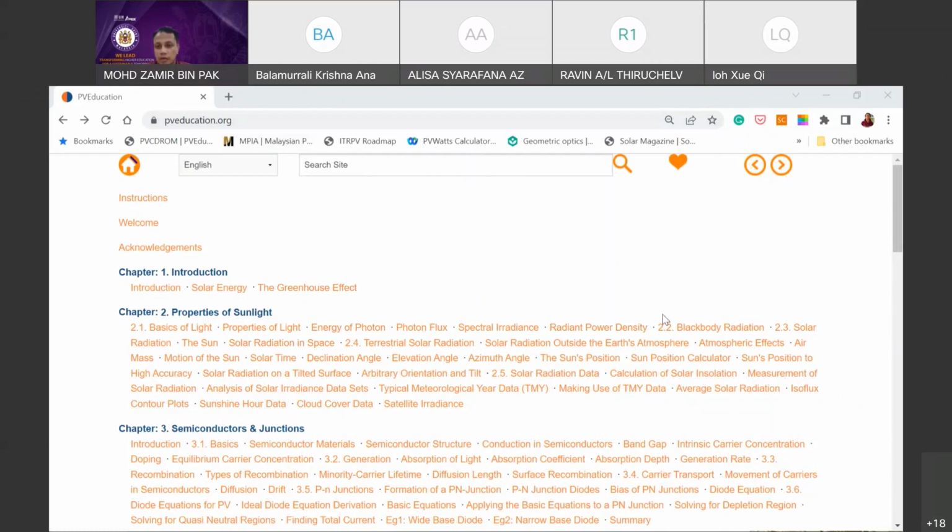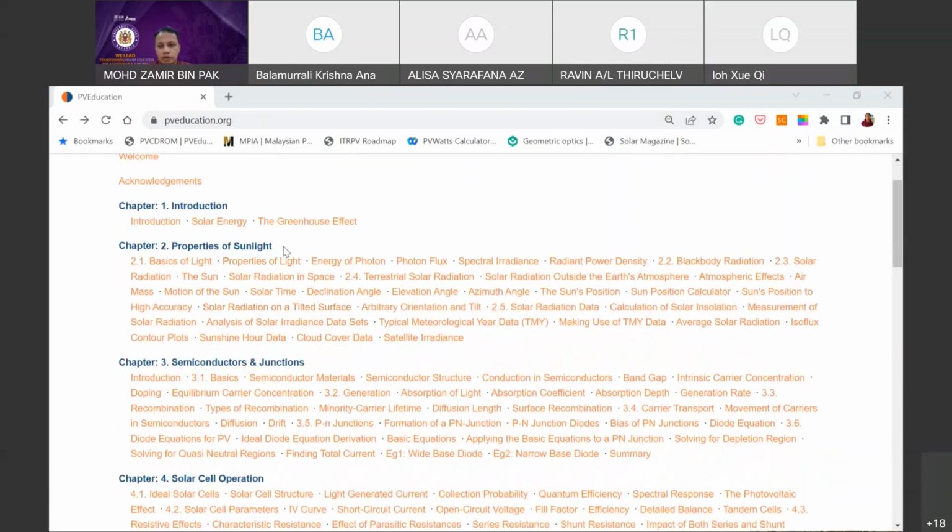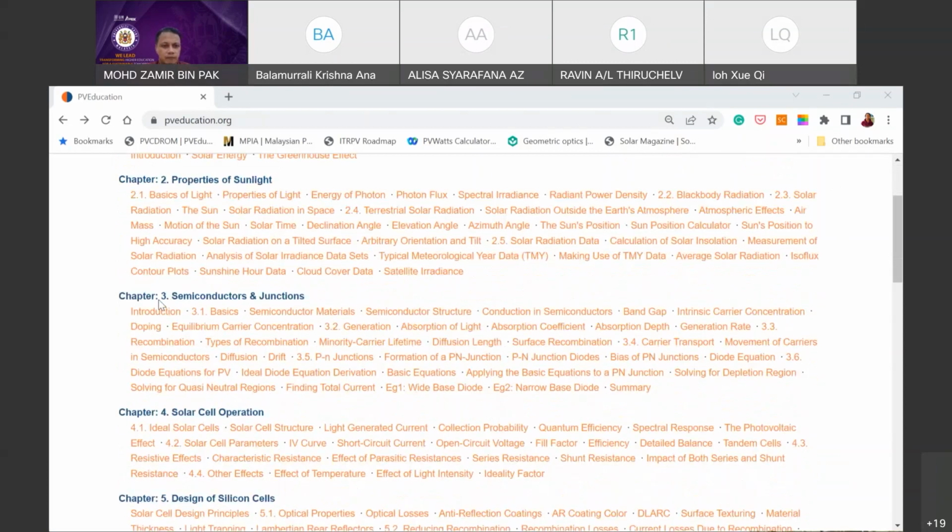You can see on this, let me just scroll down a little bit so that you can see. It starts off with properties of sunlight, which is very much related to solar cells. If you're working on solar cells or interested in solar cells, you can, of course, use this website to learn more. You can come and see this chapter 3, which is very related to what we're learning now